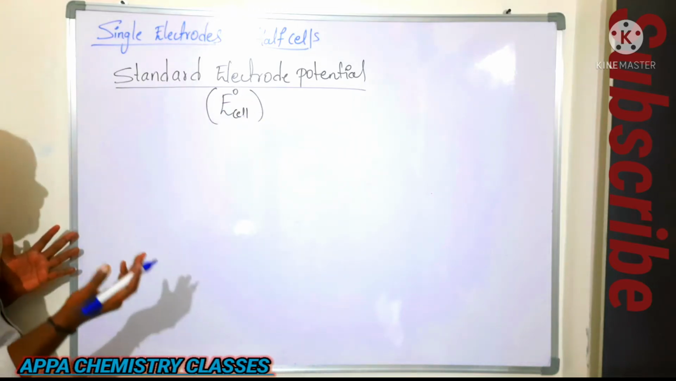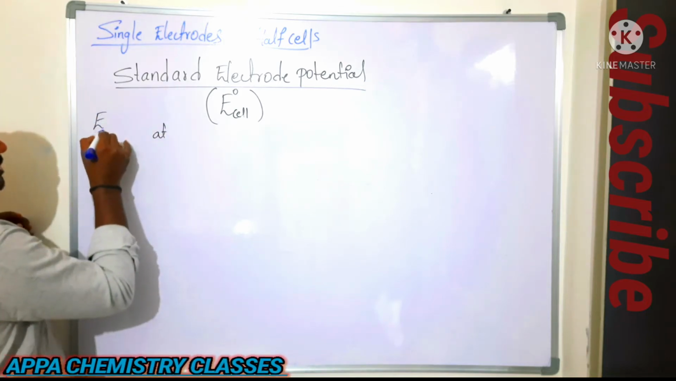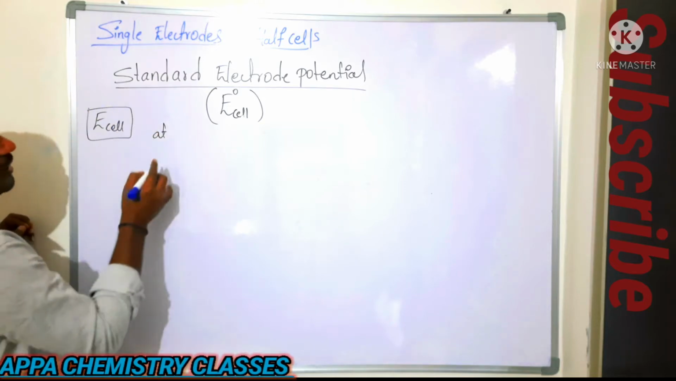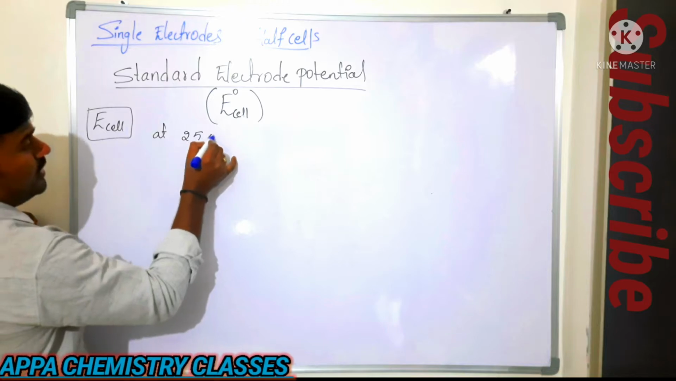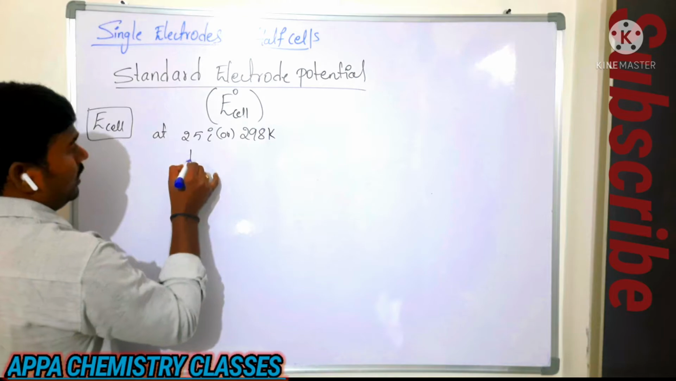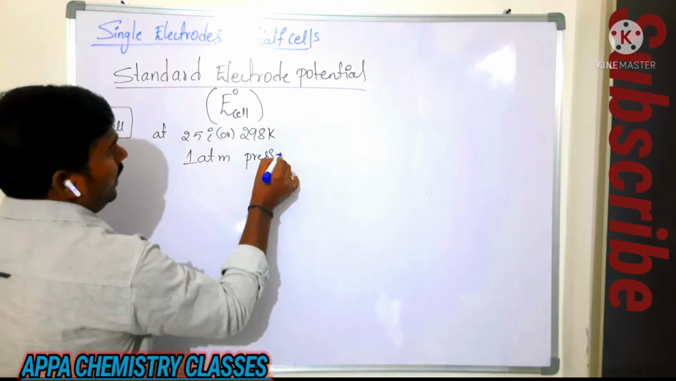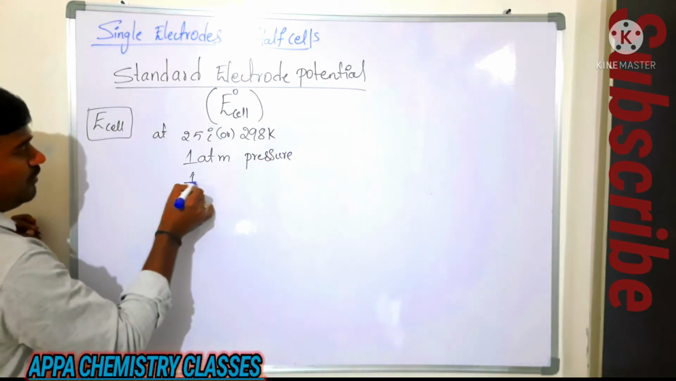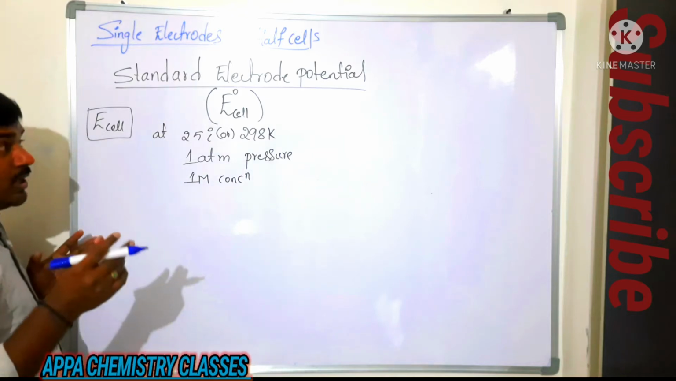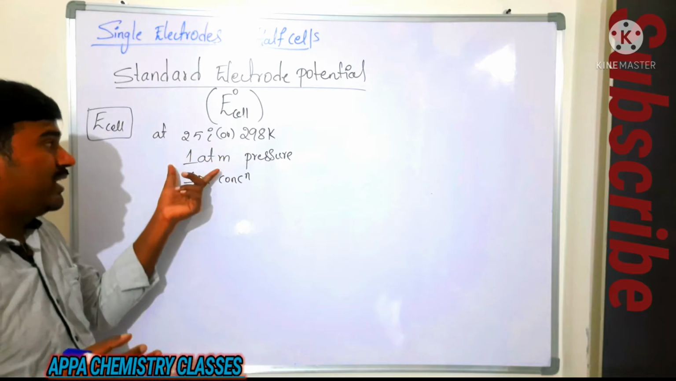Now what is meant by standard condition? Standard condition is nothing but the potential, E cell. E cell is nothing but what? Electrode potential at 25 degrees Celsius or 298 Kelvin and 1 atmosphere pressure, and the electrolyte concentration should be 1 molar. The electrode potential which is measured at standard condition, that is 298 Kelvin, 1 atmosphere pressure and 1 molar concentration of electrolyte,